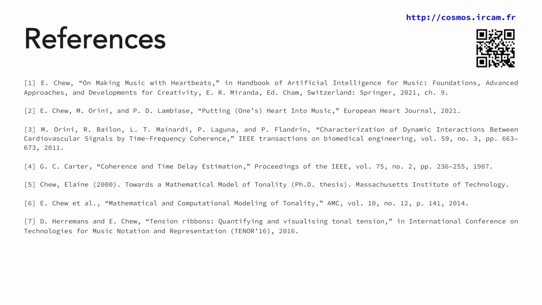To conclude, we have presented exploratory work focusing on mapping time-frequency coherence measures of the heartbeats of a COVID-19 patient versus persons in a medical team to notions of harmonic tension in music. Results from our listening experiment suggested that the proposed framework was successful when it comes to communicating low versus high time-frequency coherence. For more information about this work and other work on heart signals and music, please see the Cosmos